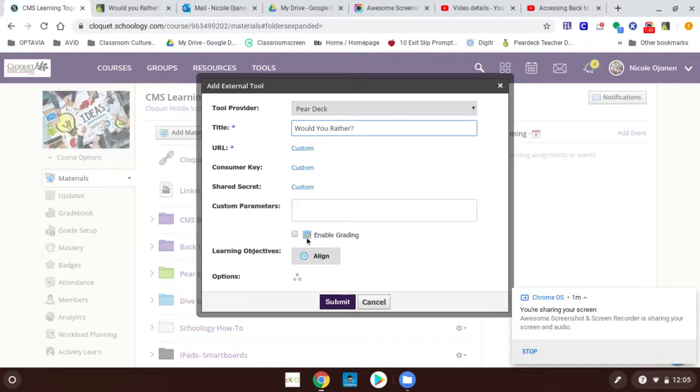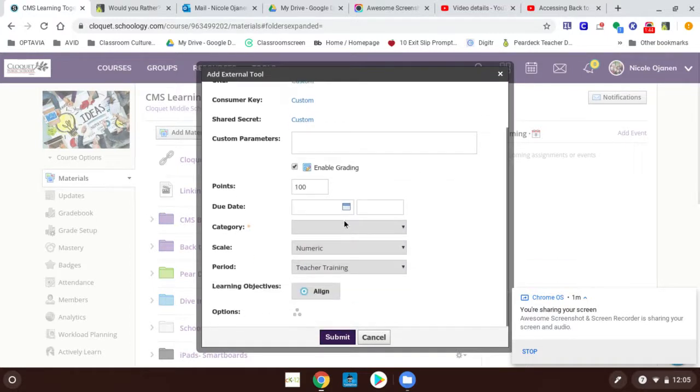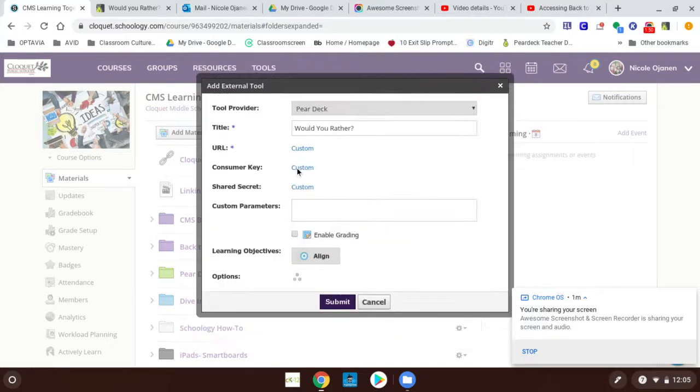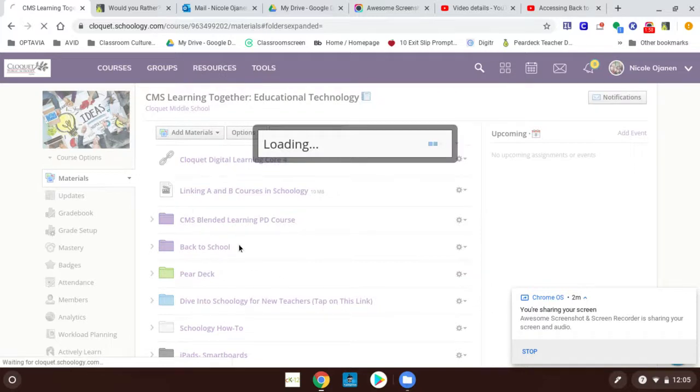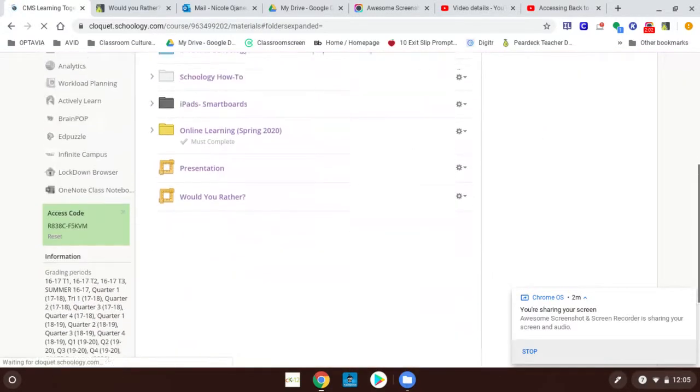And then here is where I can enable grading if I would like to. If I enable grading, make sure you choose a category in your gradebook, and you can choose a due date. For this particular one, I'm not going to enable grading. You can also align your standards to the Pear Deck. Once I submit, my Pear Deck is going to show up at the bottom of my screen,